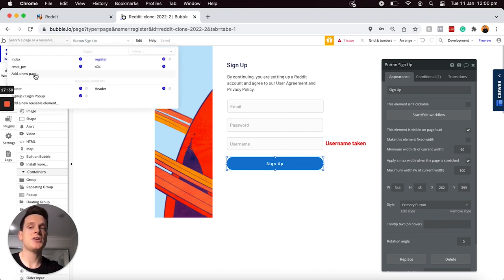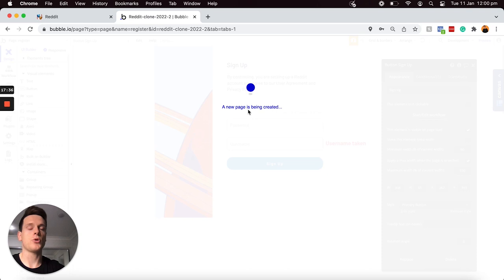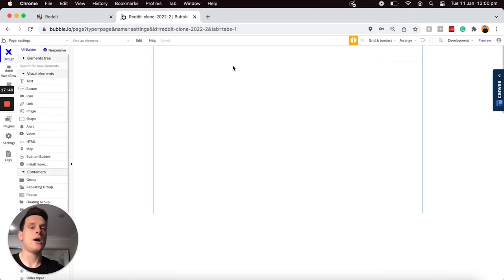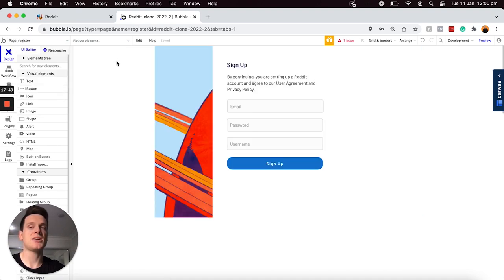So I'll head to our page drop-down menu, choose to add a new page. I'll just be calling this a settings page, and I will create that. And now I won't need to make any changes to this page at the moment, so I'm just going to leave that blank. What I will just need to do though is head back over to my registration page here,